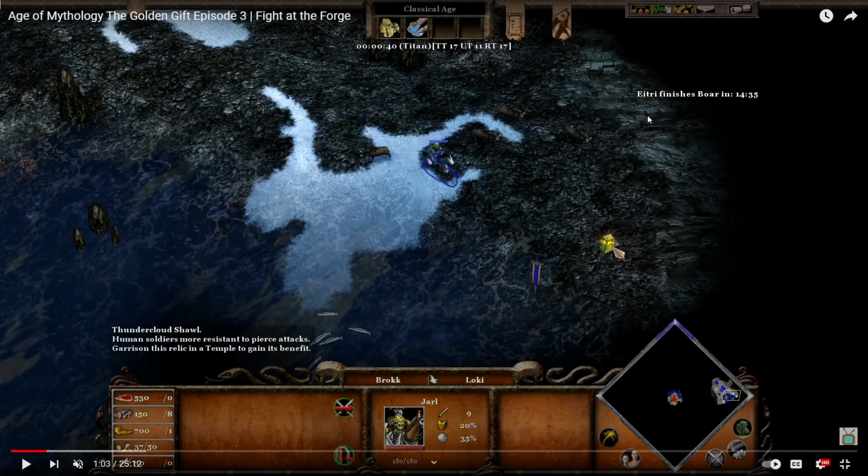So, this relic is human soldiers are more resistant to pierce attacks. That is not a useful relic for us. If we think about all the units that fight in...